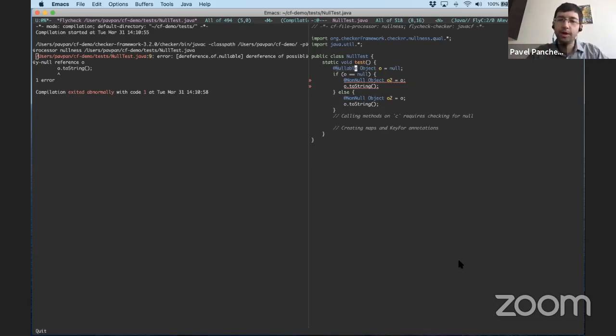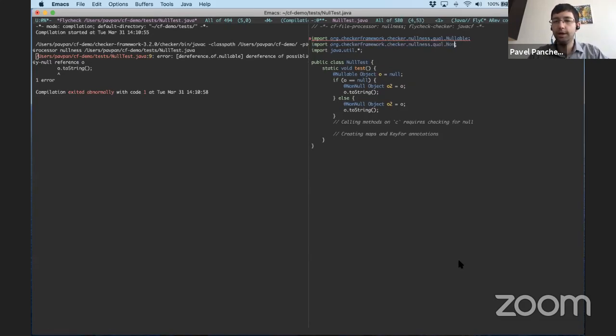This name, Nullable, is actually imported here from this import statement, where I write org.checkerframework.checker.nullness.qual.star. The star here imports Nullable and NonNull. So these are two classes defined in the Checker Framework package.